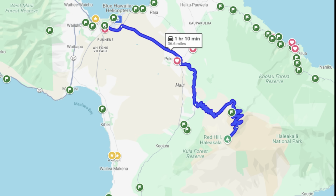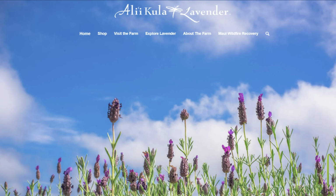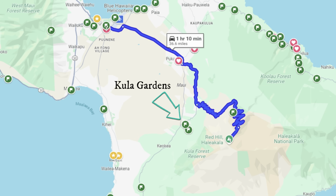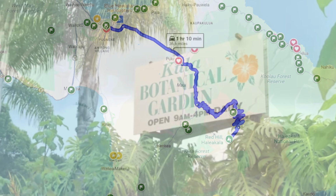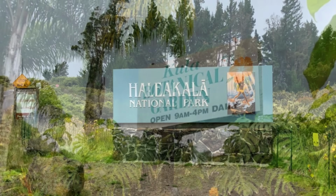One is the Ali'ikula Lavender Farm. It's a 45-acre farm and gift shop with a $5 admission. And close by to this is the Kula Botanical Garden. There are a few other farm tours in this area as well, but of course the big attraction here is